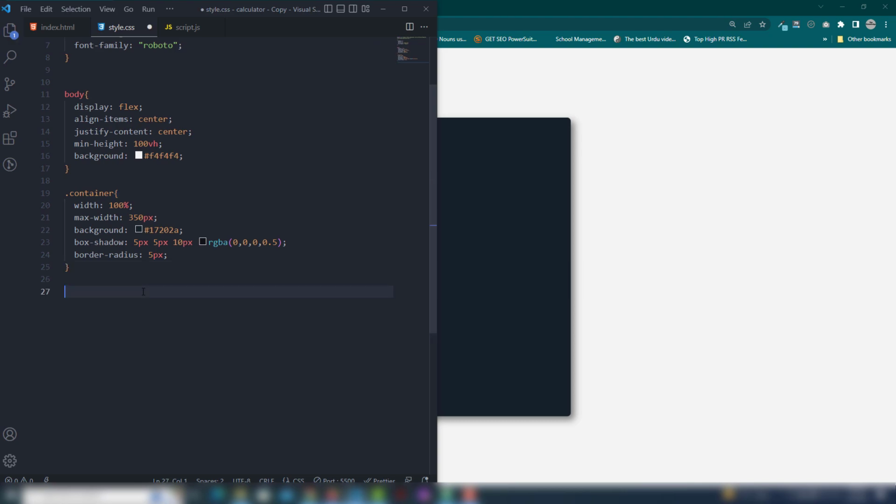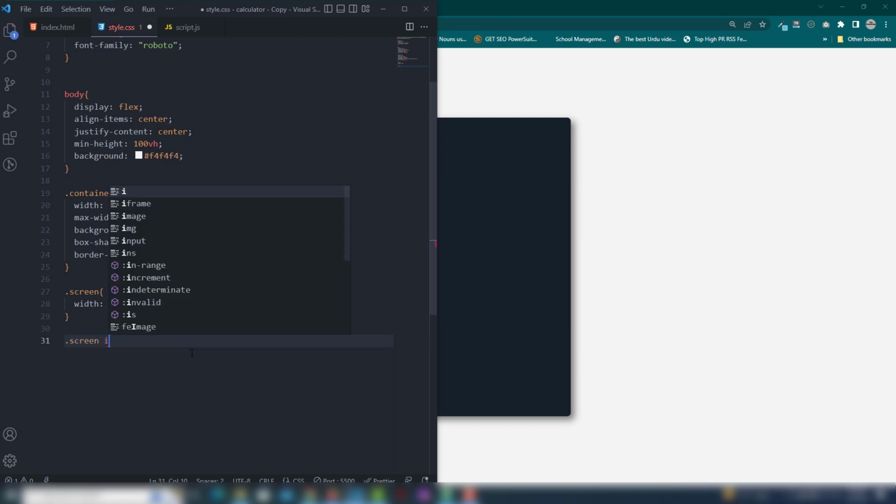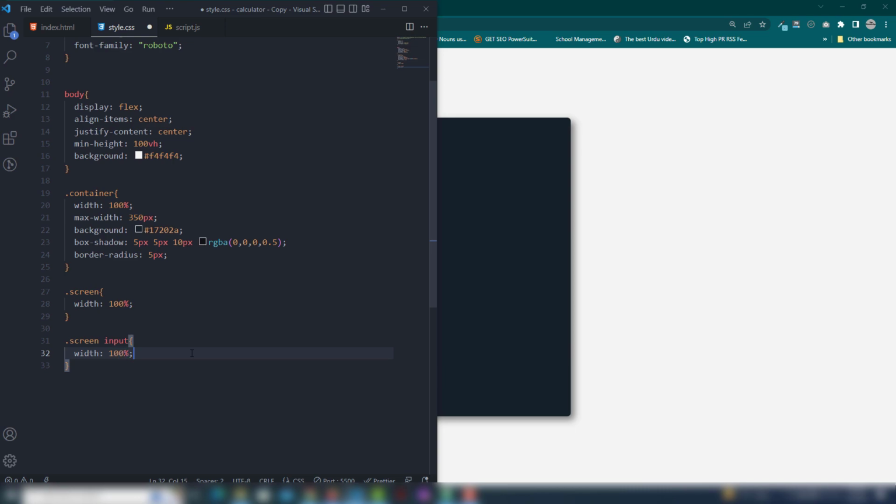Then I'm going to select the screen. In the screen, I'll use width 100%. Then I will select the input field. Input field width will be 100%, right? And then I will use the padding top and bottom 0.2 rem, left and right 0.6 rem, right? And just a minute, I'm going to check that. Perfect,